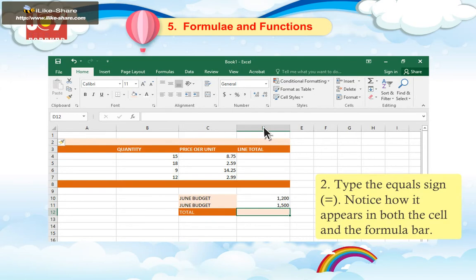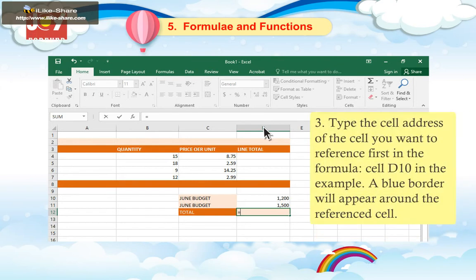Type the equal sign. Notice how it appears in both the cell and the formula bar. 3. Type the cell address of the cell you want to reference first in the formula, cell D10 in the example.